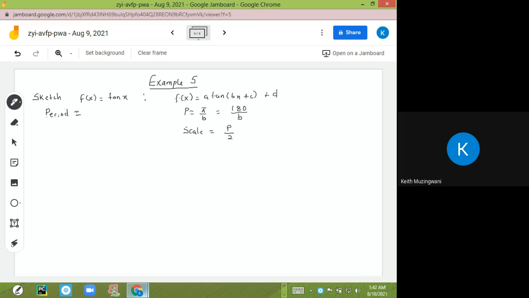So what's the period here for tan? Pi over 1. And so the scale is going to be pi over 2. Horizontal shift is 0. The phase shift is 0. So when sketching tan,